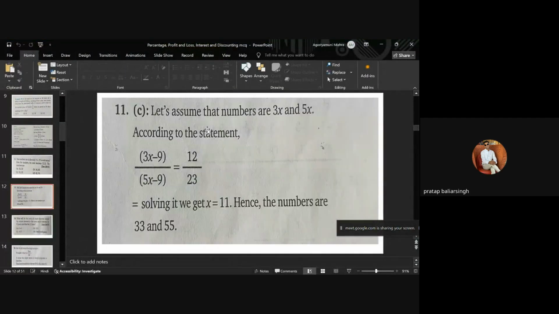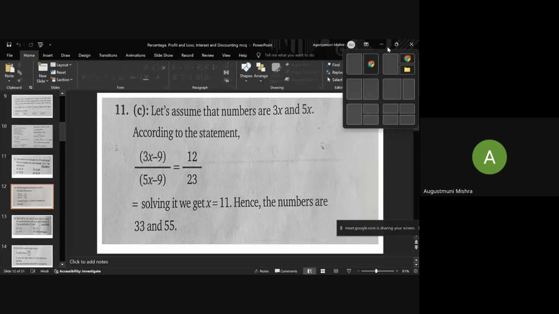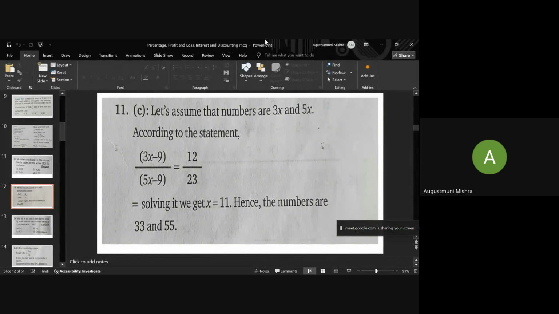No problem, sir. It came now, sir. Now it is visible, I think. So yes, this is the answer. That is a very easy question. This is the last question for today's session. From tomorrow onwards, we will start with question 13. That will be the 13th slide. I hope that is